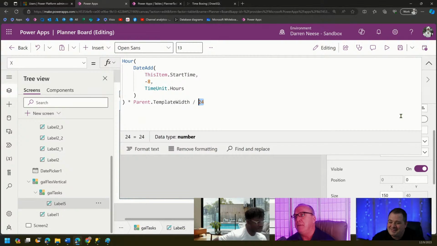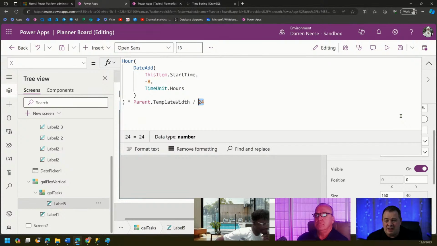Because I think you want to display the whole day on one page, right? Is that what it is? Yeah. So if we got something scheduled for 7 a.m. tomorrow morning, that should be almost to the very end of around 1,000 pixels. So we subtract 8 and then 7. So if that was 7 a.m., we would get